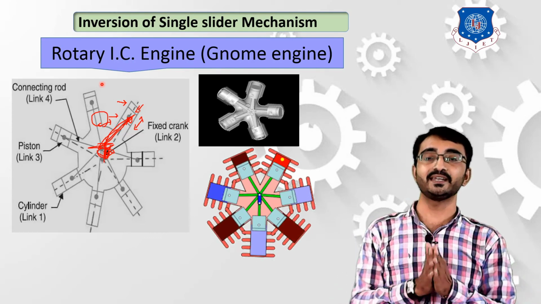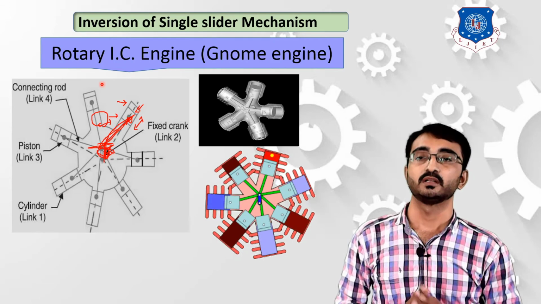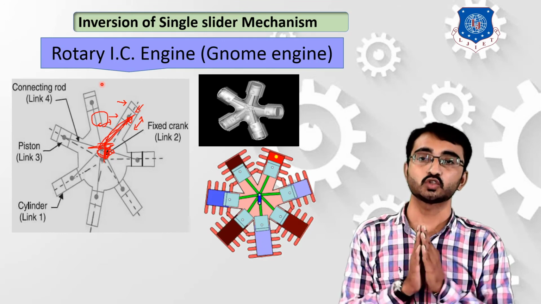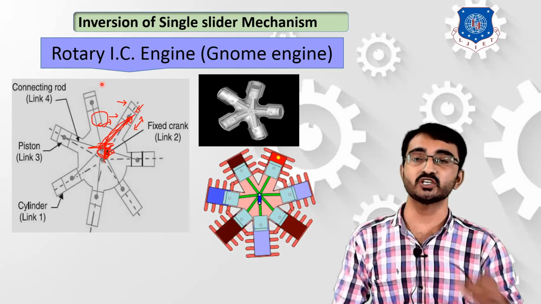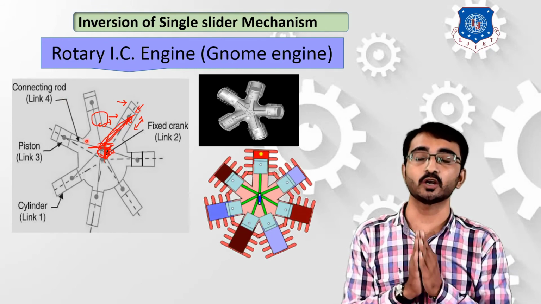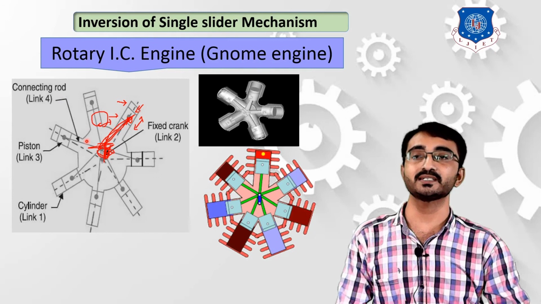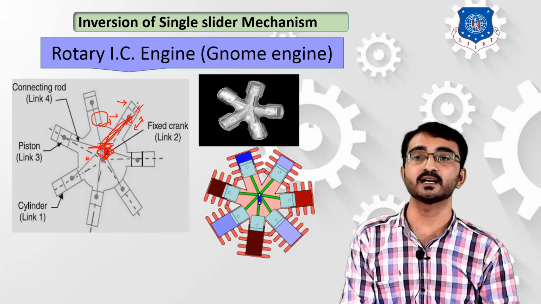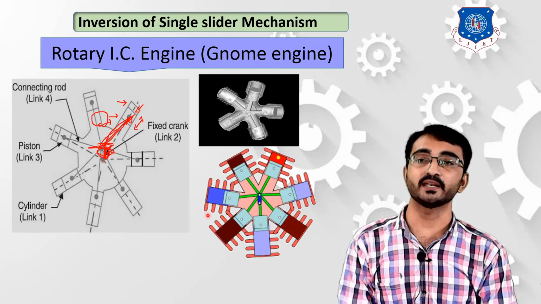In an ideal design it contains 6 or 7 cylinders. As you can see, it is a very complicated mechanism. So nowadays this type of mechanism is not used, but in ancient times it was used in aeronautical engineering, particularly in aircraft, to produce high power and high thrust in aircraft engines.